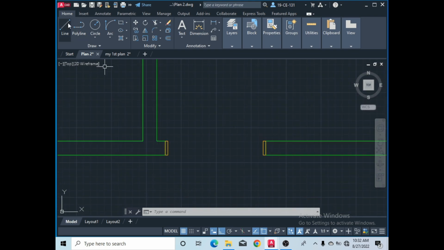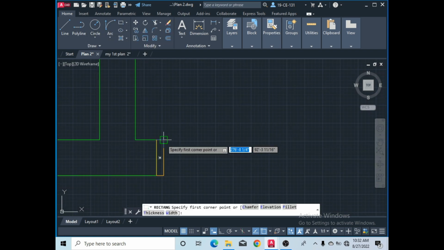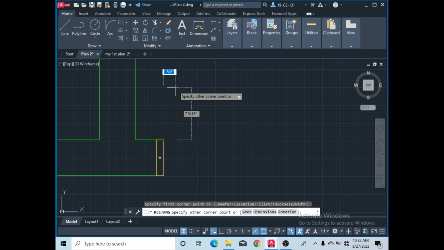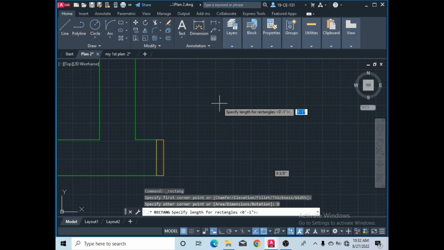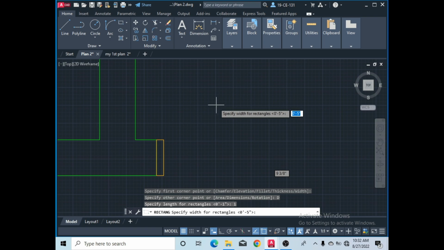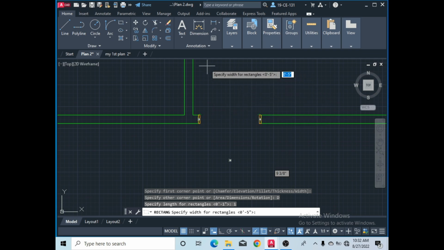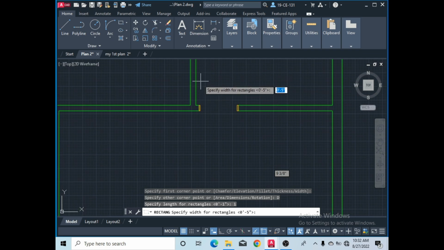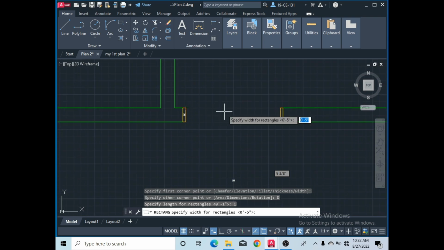After that, I would like to take another rectangle and start from this point, and click on dimensions. Now again, the thickness of the door is also 1 inch from top view. It should be 1 inch, and type 1 and press enter. And then the length of this door from this point to this, it will open like this. It starts from this point and ends at this point. So the length should be